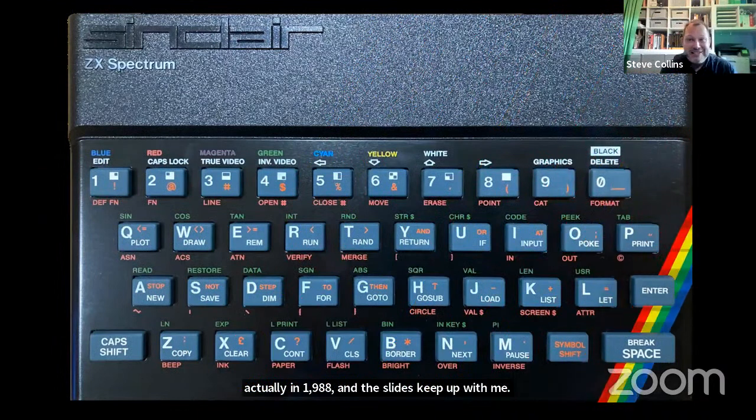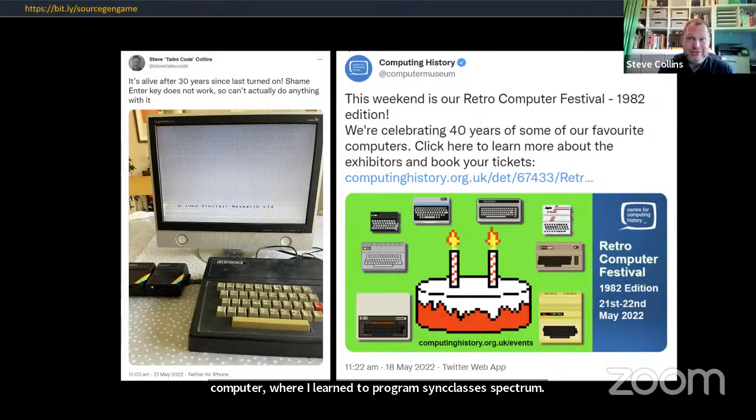Right, so let's go back to my first computer where I learned to program, Sinclair ZX Spectrum. Now, this lovely machine has just had its 40th birthday, and if you follow me on Twitter, you'll see the joy and the disappointment I had over the weekend when I got mine out the loft, fired it up, it actually worked. I got a screen, a bit glitchy, but it worked. And then I found half the keys didn't work, so I couldn't actually do anything with it. You can tell from the photo, even back then I was a complete computer geek because I had a replacement keyboard, not the rubber keys on there, a microdrive that could hold a massive, wait for it, 85K on a loop of tape. Massive.